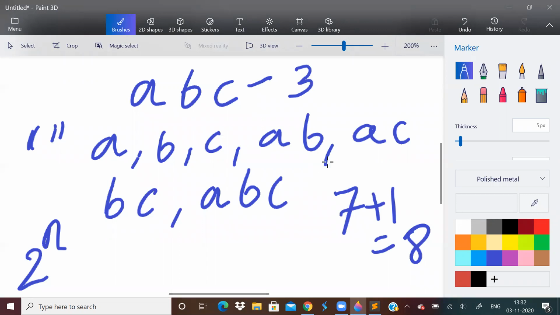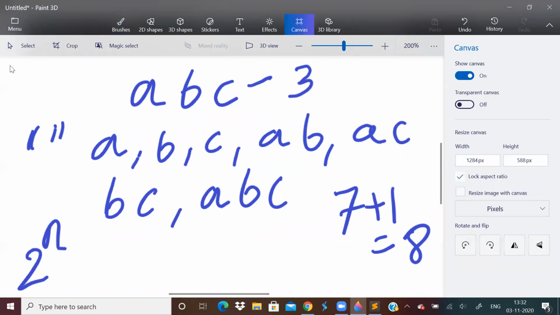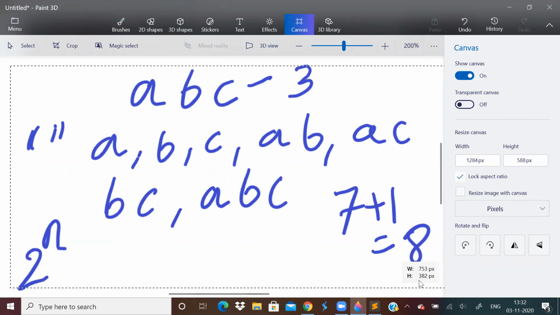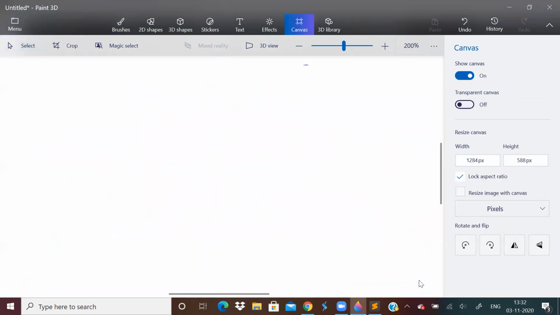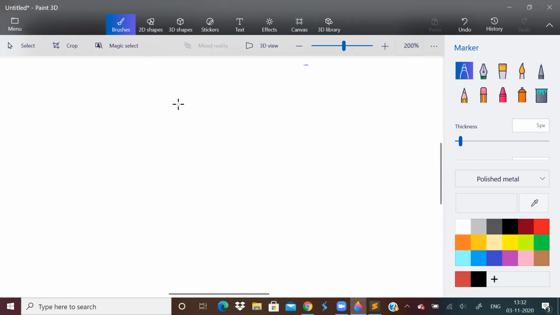Actually, this problem can be solved with recursion and maybe even dynamic programming. Those kinds of approaches are also there. I know both approaches, but what I will be sharing with you today is the approach using bits.